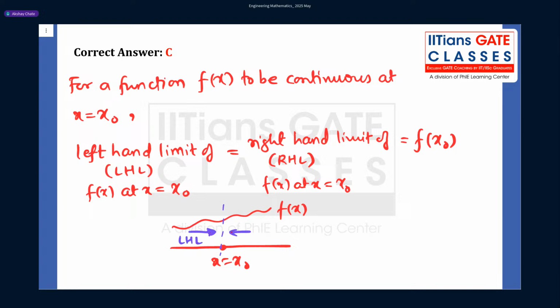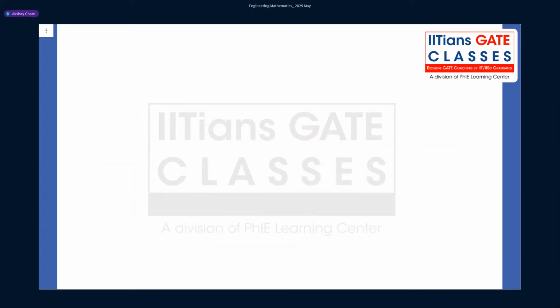Okay, and RHL means you're approaching f of x at x equal to x naught from the right hand side. So you need to use those definitions of functions when you solve this problem. Here in this problem, x naught is nothing but 2, because they're asking you to find the continuity at point x equal to 2,